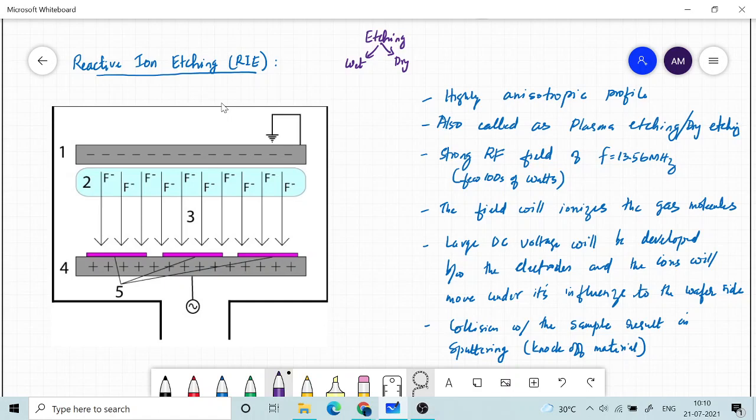Now these electrons are going to hit on both electrodes. Some will hit on the wafer and the others will hit on the electrode on the other side. Here we have placed the wafer, and therefore it will hit on the wafer. Now the electrons which land upon the upper electrode are grounded and lost into the supply. But the electrons that hit on the wafer will remain.